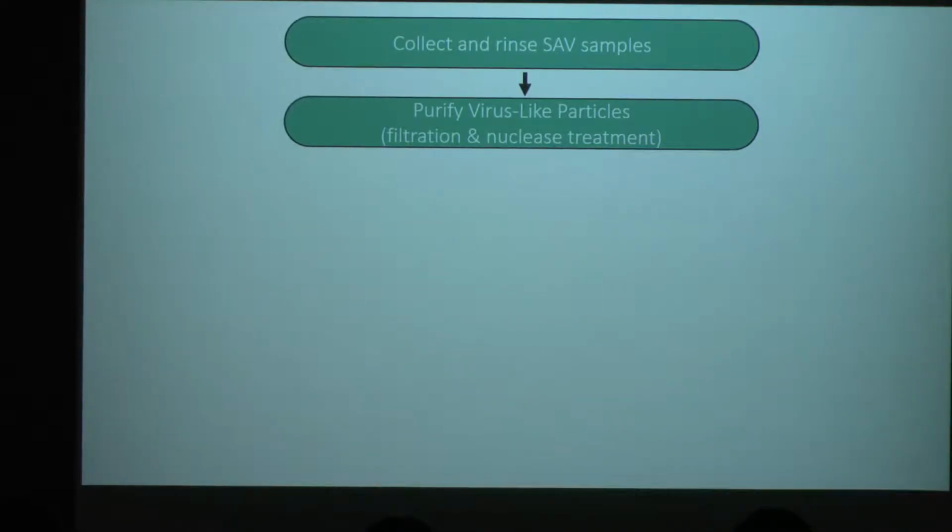Once we have that, we mush them up. It looks kind of like those green shakes when you finish. And we have to purify the virus-like particles from the plant. So we mush them, we filtrate them through a 0.02 micron filter, and then subject them to a nuclease treatment,